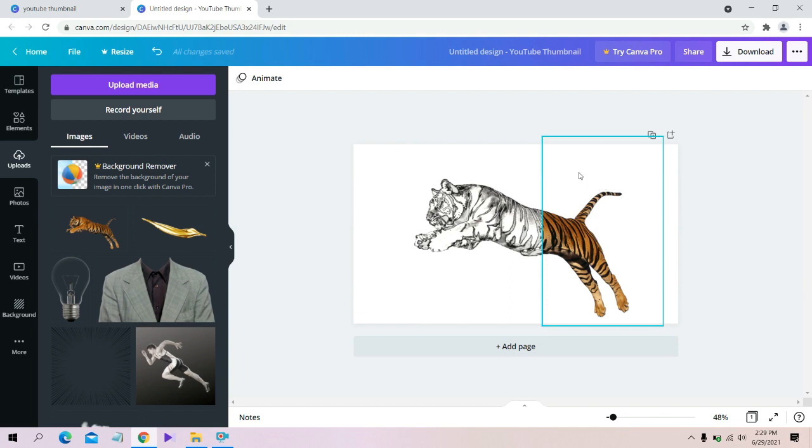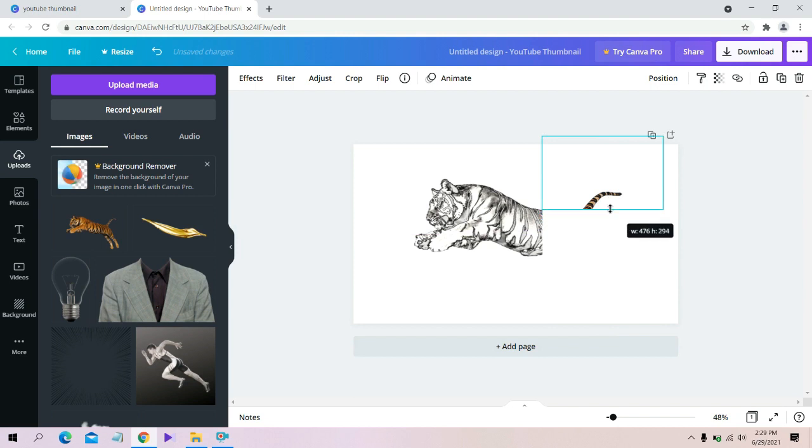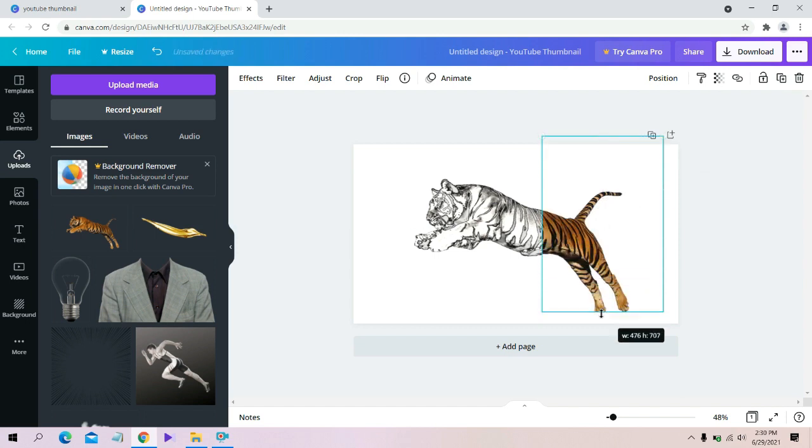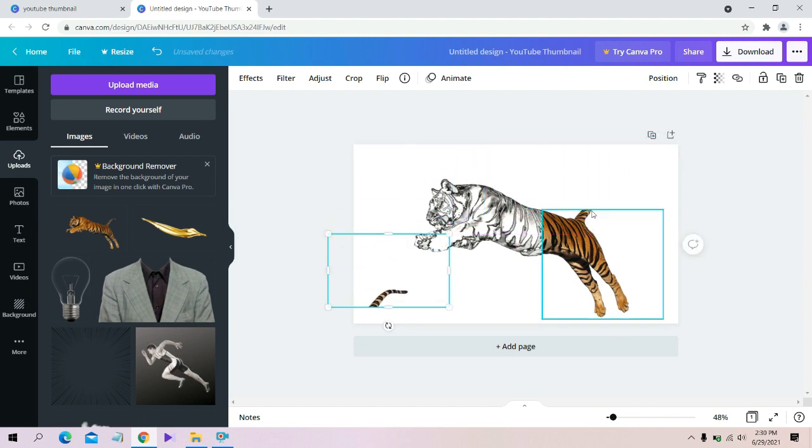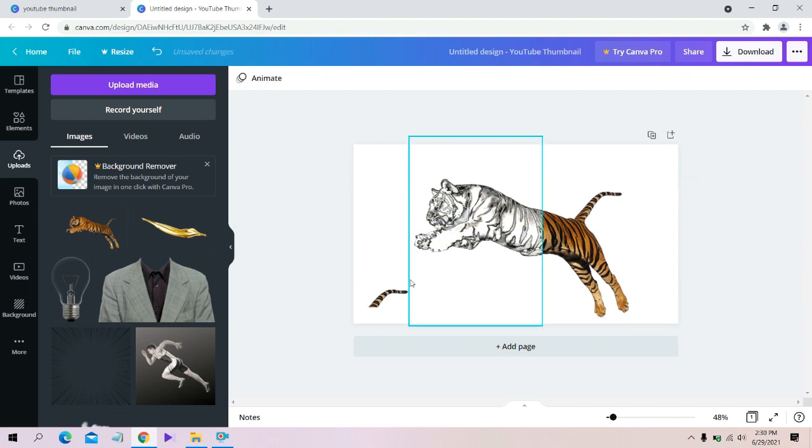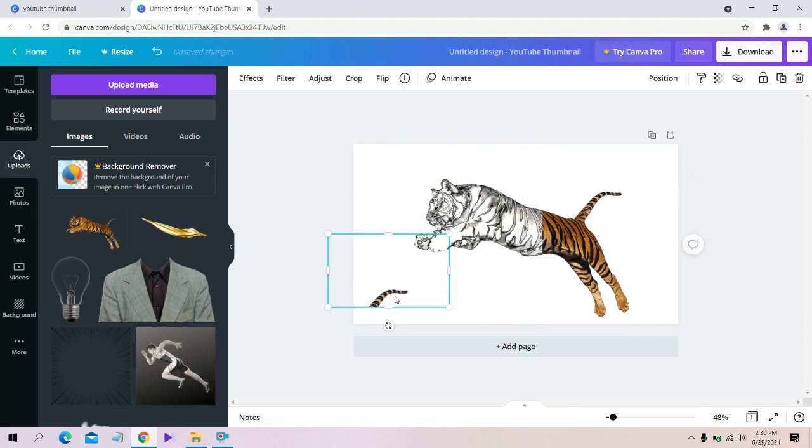For that we have one idea. Let's show that. We will just create a duplicate image of it. We will just use this, duplicate it, to bring this one, and just bring it down so that we can rasterize this layer, and just bring up to use the original one. Now this tail part we'll use to merge the difference here.